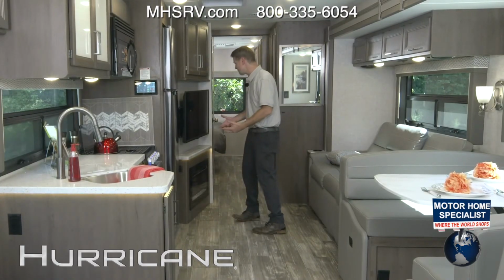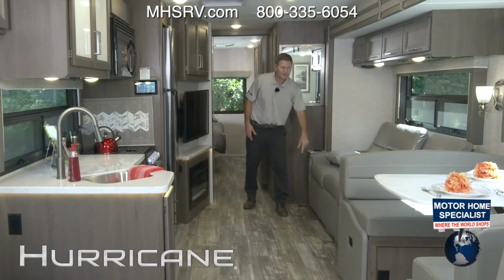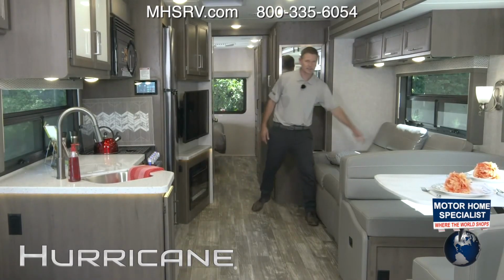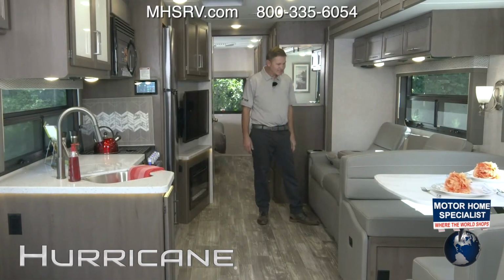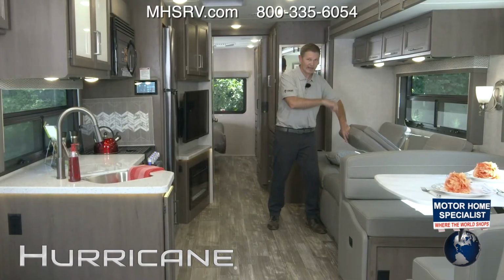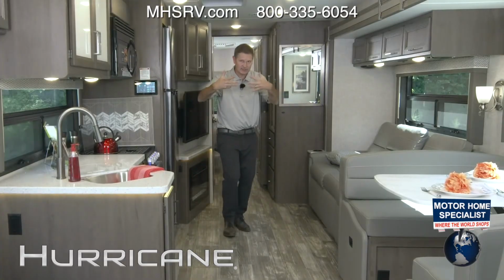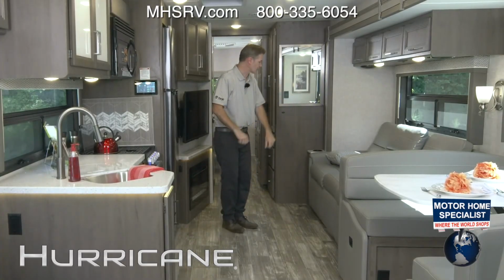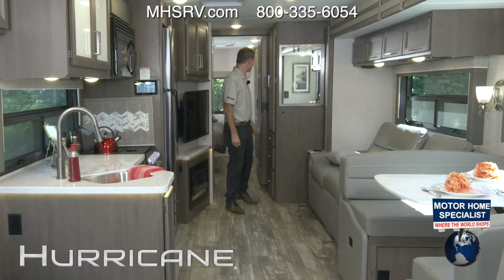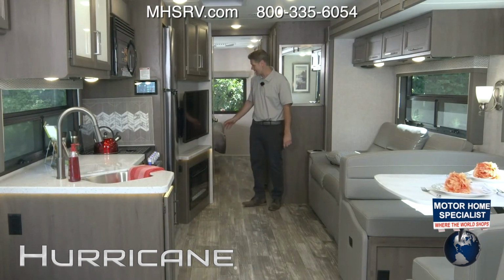As we move back here, got a little cup holder here, right? So if you do share, I want to show you again because I like this. This is so cool. I'm kind of geeking out. This is actually the first time today I've been in a 34A. So you're experiencing all the goodness with me as we work our way through. We do have so much storage to talk about. First, though, I want to hit up the bathroom because